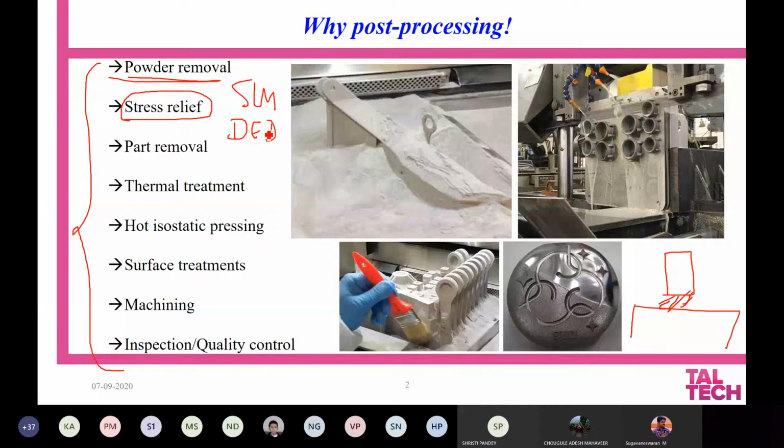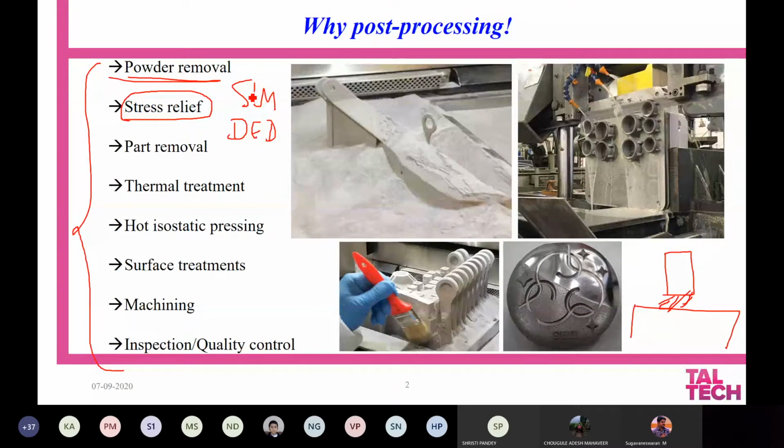When it comes to sintering based processes like SLS or E-beam, we don't need a stress relieving operation, because in the SLS process you are going to do conventional sintering, which takes a long period of time, so you don't need a stress relieving operation.